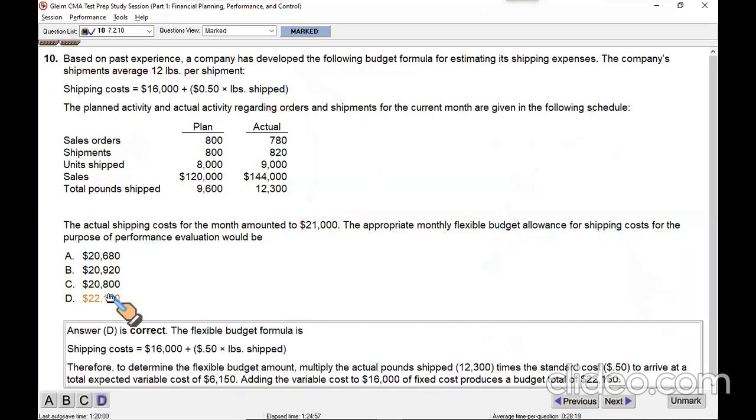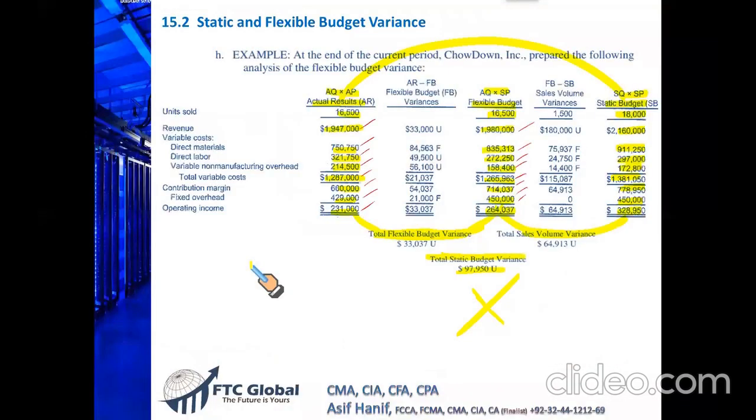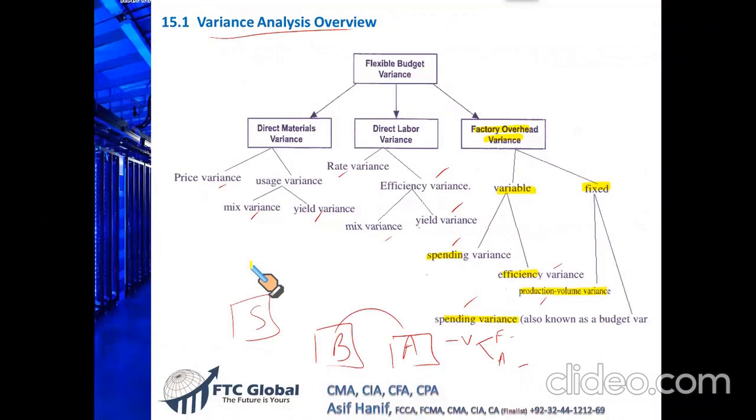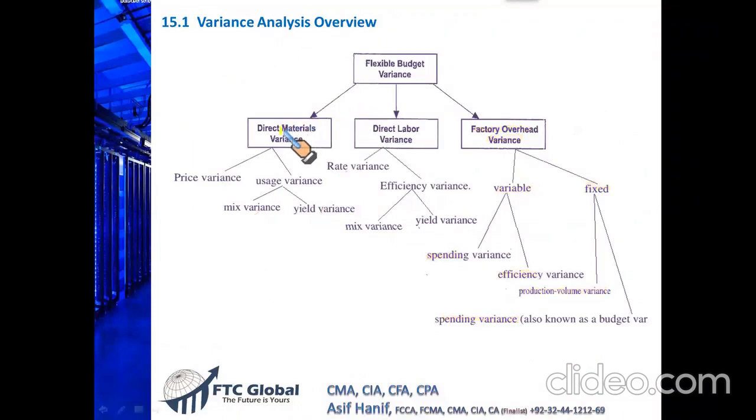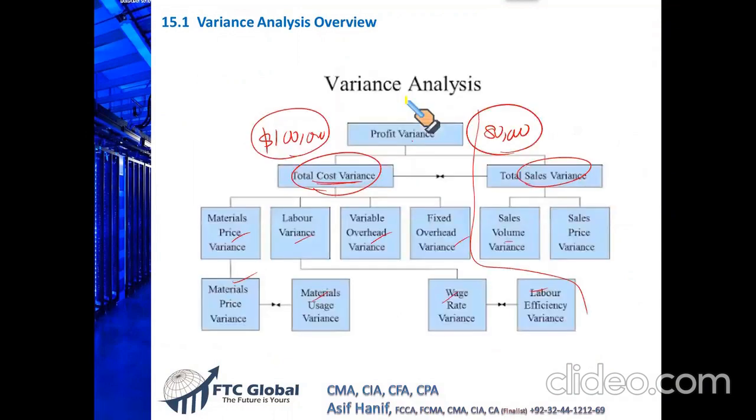So remember, for performance evaluation purposes, you compare your flex budget with the actual results so that you can make a much more meaningful comparison. I told you, let's go back, that most of our variance computations will involve material, labor, and factory overhead. Because if you remember our original example, this was our original budgeted profit, and this is the actual profit for the period. We need to answer why there is a difference. Let us first try to find the answer from the cost side. And when I say cost side, cost could be from the material, labor, and variable and fixed overheads. And then we will further go down. So let us first focus on the cost side.